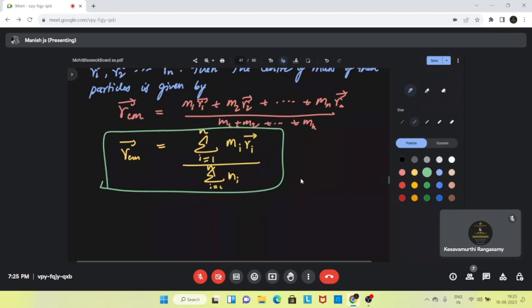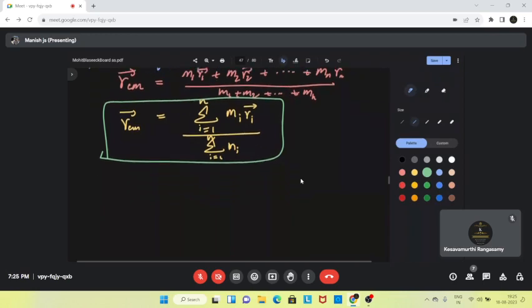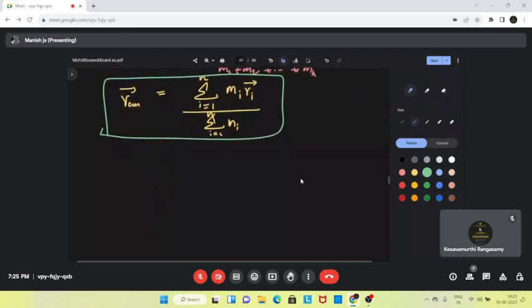Okay, so we will now go a step further and write down the center of mass for a three-dimensional Cartesian coordinate system. So now we are going to see the center of mass for the coordinates, which are given by